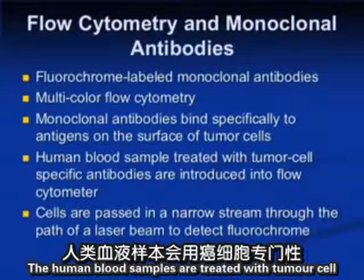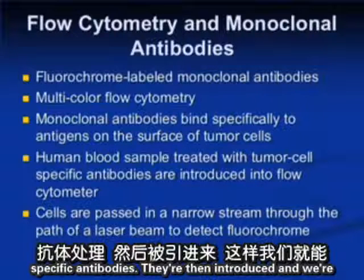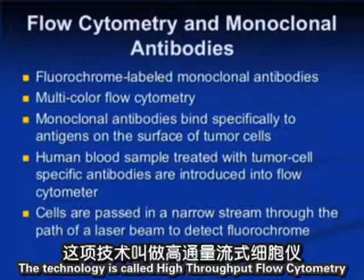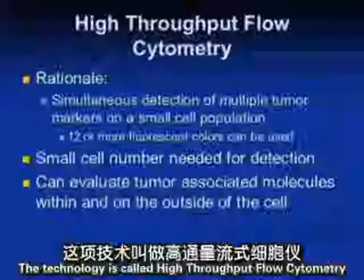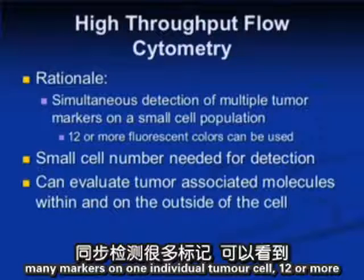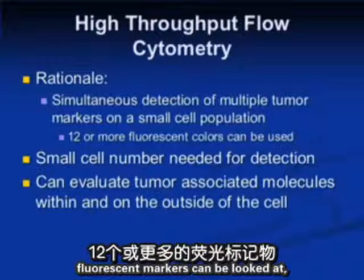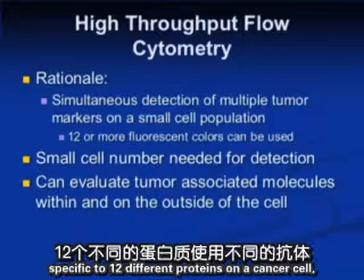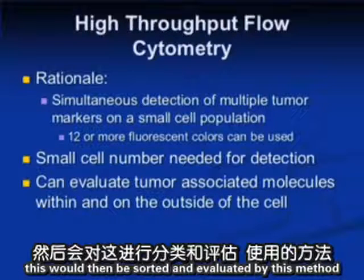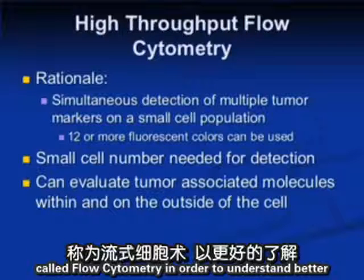The human blood samples are treated with tumor cell-specific antibodies. They're then introduced, and we're able to look at several markers on one cell at one time. The technology is called high-throughput flow cytometry. The rationale is to be able to simultaneously detect many markers on one individual tumor cell. 12 or more fluorescent markers can be looked at. That means that we could have antibodies that were specific to 12 different proteins on a cancer cell to be able to study the details of each cancer cell. And this would then be sorted and evaluated by this method called flow cytometry